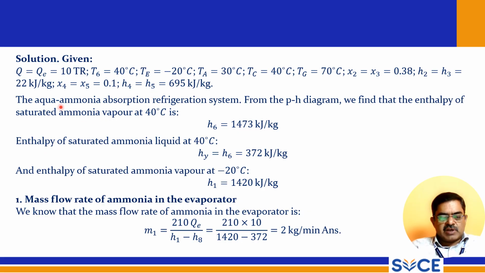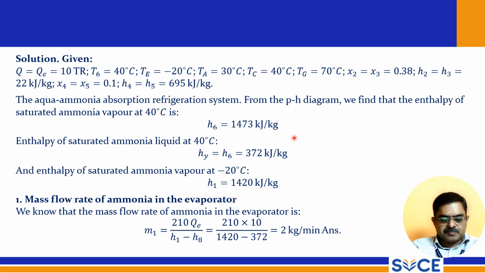So the aqua ammonia absorption refrigeration system, from the pH diagram we find the enthalpy of saturated ammonia. So this is the pH diagram. The pH diagram is also a chart we have already used in our earlier unit. So please make use of the same pH diagram. We find the enthalpy of saturated ammonia at 40 degrees. So at 40 degrees you have to find this enthalpy value. So H6 equal to